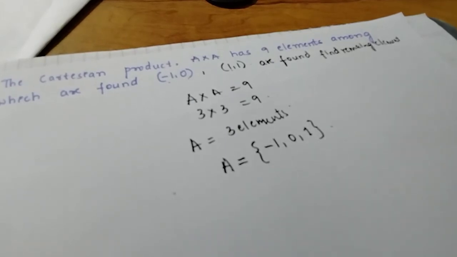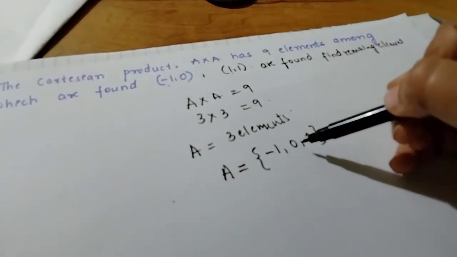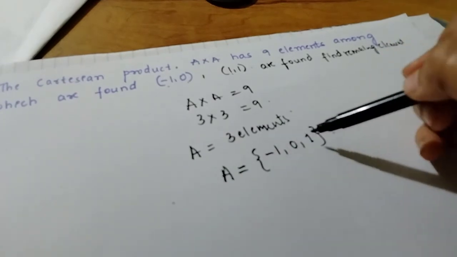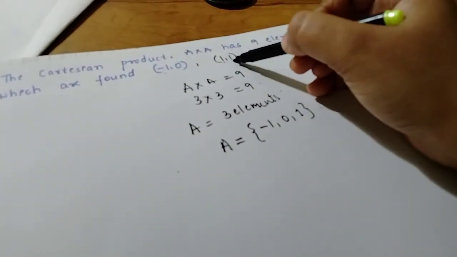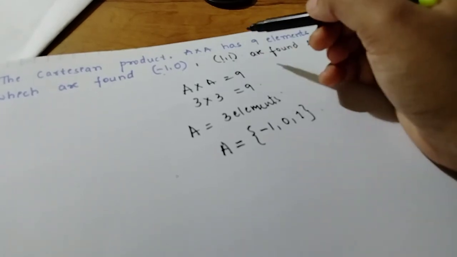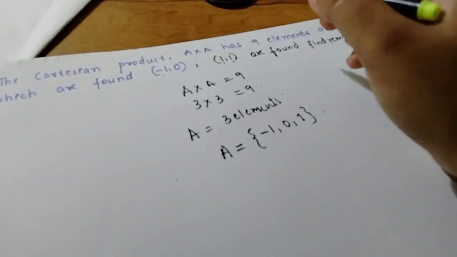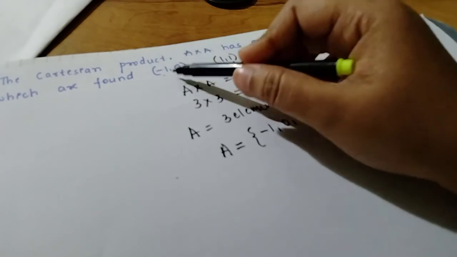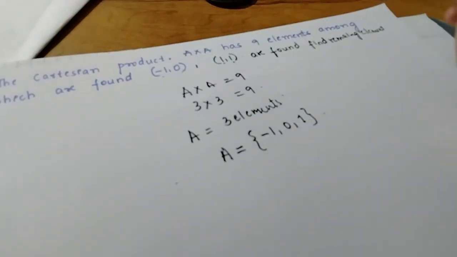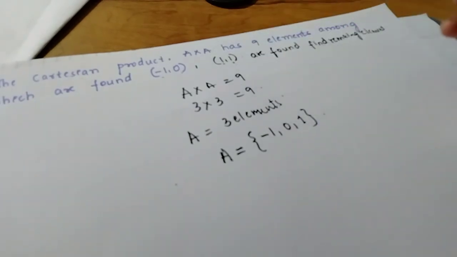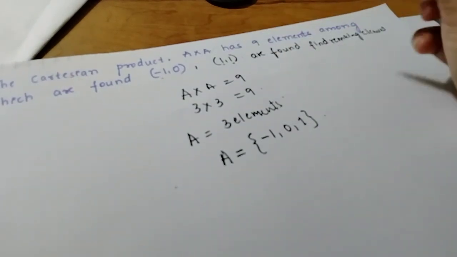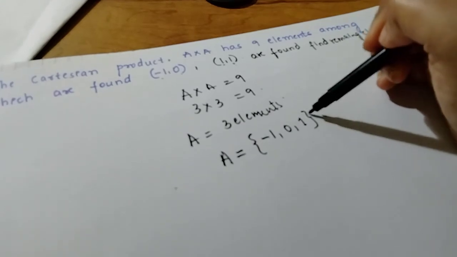Repeat, do not miss the elements. So minus 1, 0 and plus 1. These are the 3 elements in A. I am not sure about this, whether they gave (1, 1) or (0, 1). Some ordered pairs are given along with this, meaning 2 ordered pairs they have given. Whatever elements they give, you have to write the complete A cross A to find the remaining elements. So you find the set A.